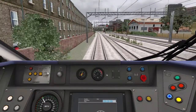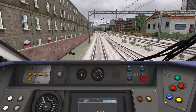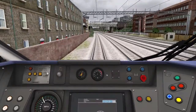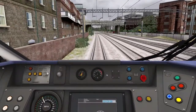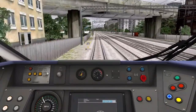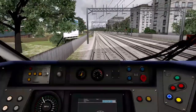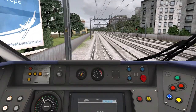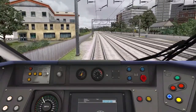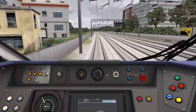So this is near Ladbroke Grove, where there was a tragic rail collision in 1999 between a class 165 and a HST. You probably know about that. So if this was updated, there would be a line going left towards North Pole IEP depot instead of the...